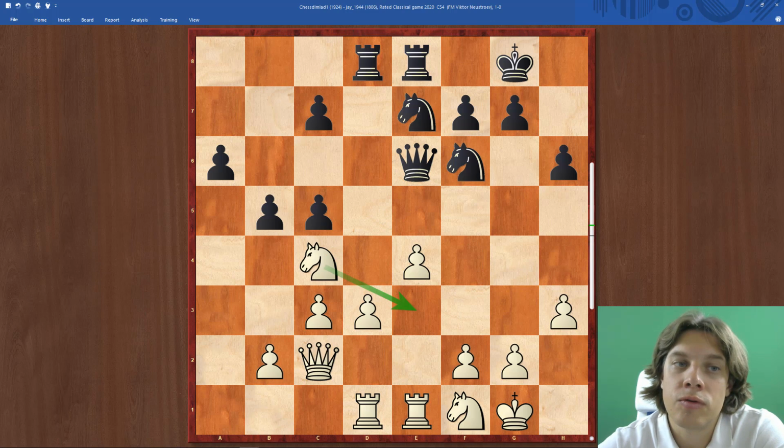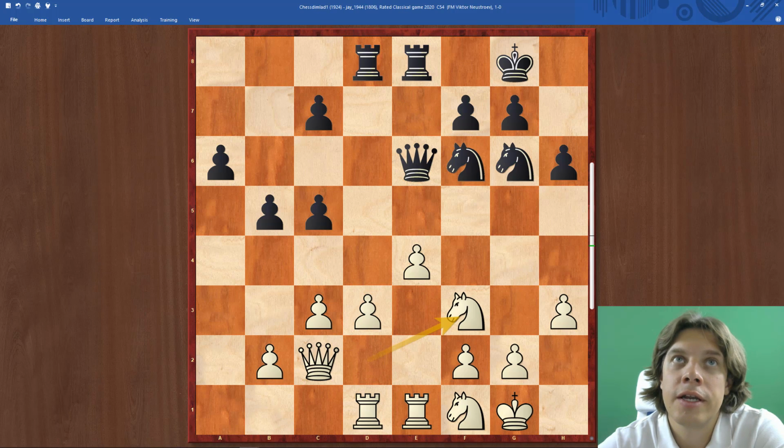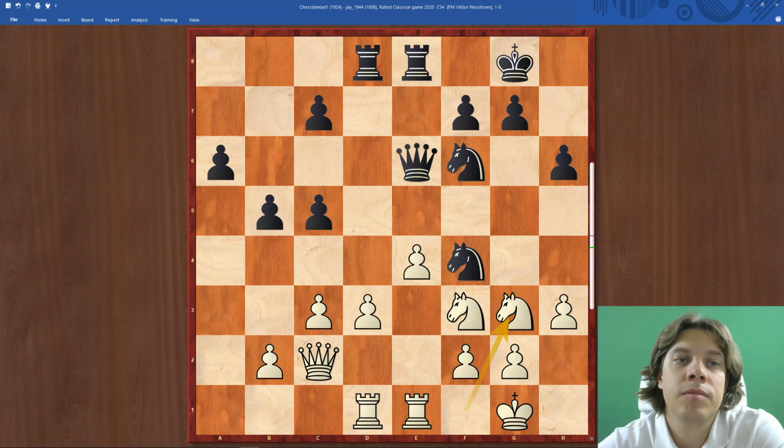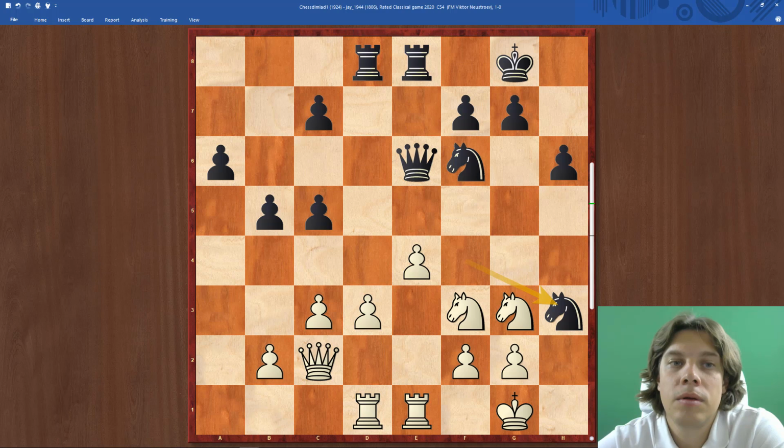b5, knight should go to e3, but it goes to d2, knight g6, knight f3, knight f4, and I don't know why, but I think black just didn't calculate the line properly. In this position it is approximately equal. Maybe black is even slightly better and can play something like c4. So c4 in this position,